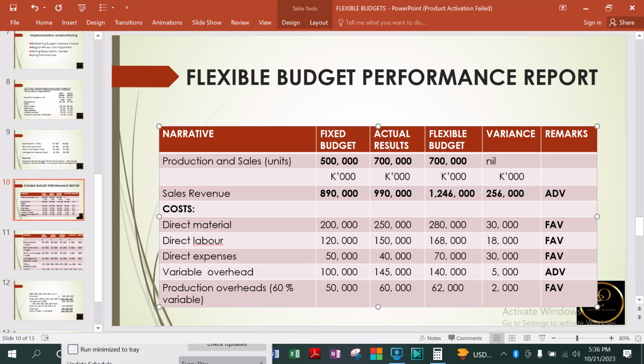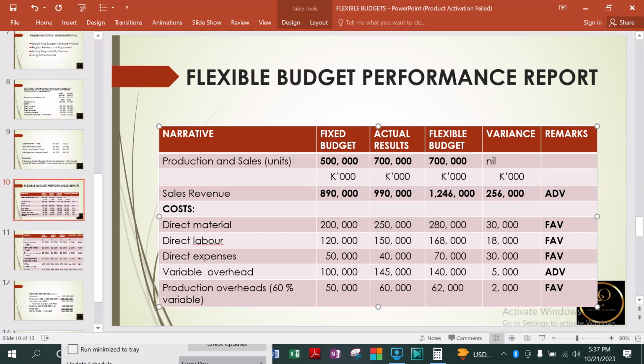We go to the next one. We should have spent 168, we only spent 150 million, therefore we saved 18 million. This is again favorable variance. The next one, we should have spent 70 million, we only spent 40 million, we saved 30 million. This is favorable variance. The next one, we should have spent 140 million, we overspent by 5 million when we